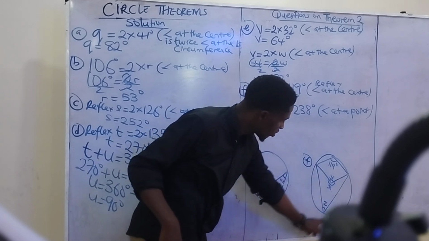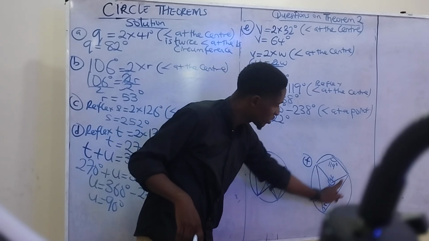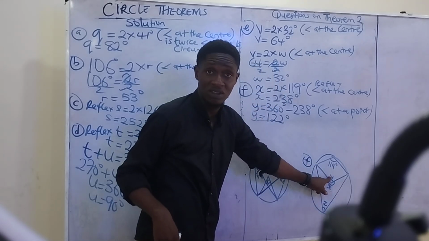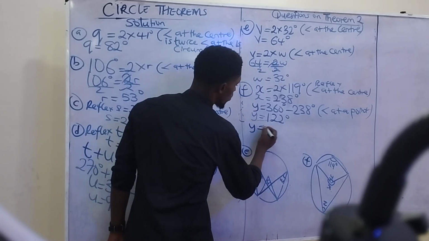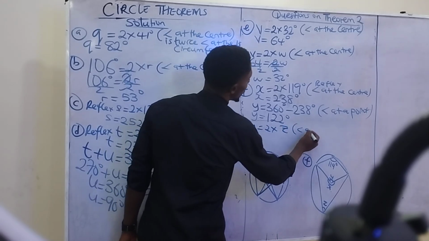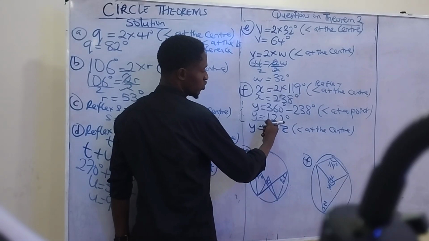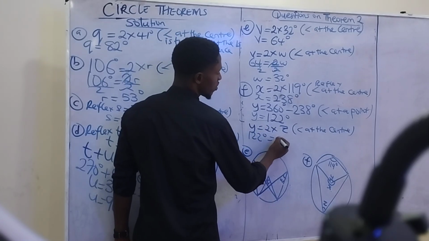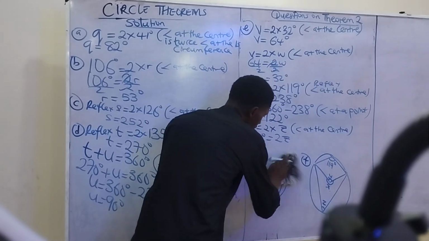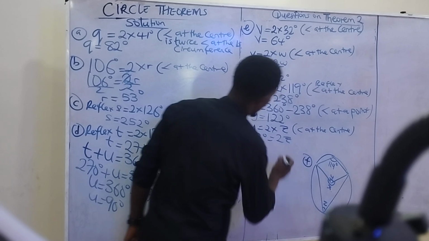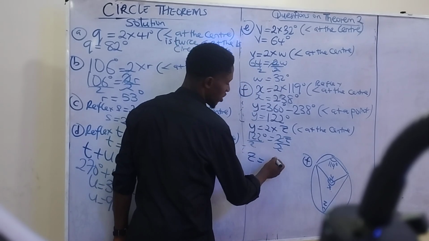Then to get this z, if you flip it up, follow what I'm doing. It is here, so here is that case 1 of that theorem 2. So when you're comparing this with this, y is now the angle at the center, while this z is the angle at the circumference. So y is equal to 2 times z. We have gotten y as 122, so we have 122 is equal to 2z. Divide both sides by 2. So our z is equal to 122 divided by 2, which will give us